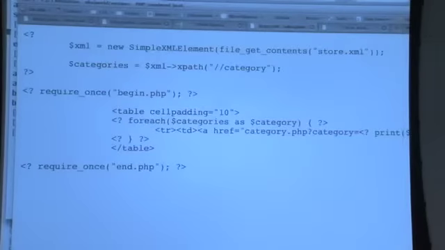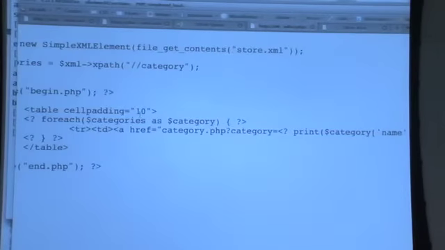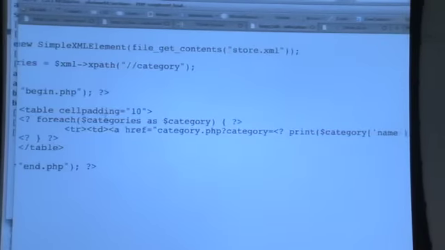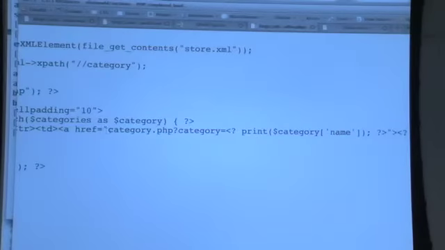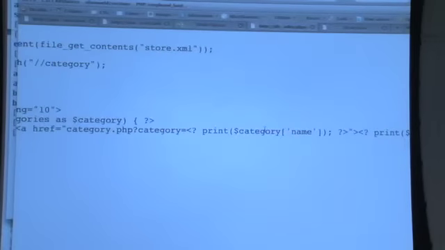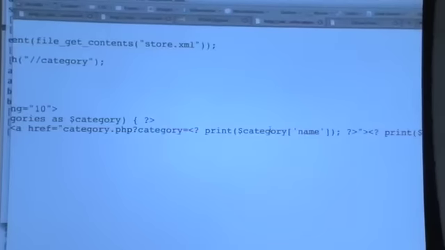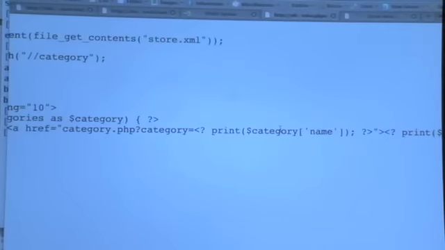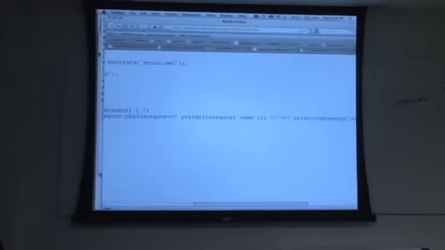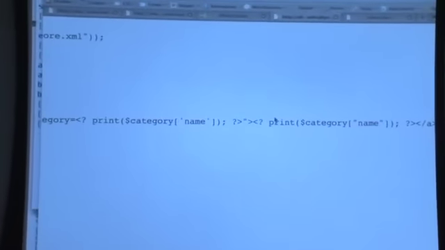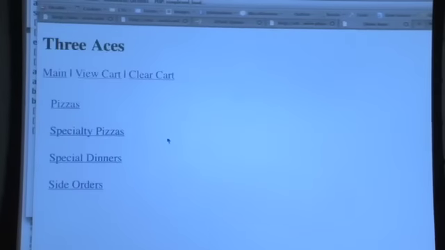So here first we're saying for each of these categories as category, right? This is exactly what I talked about here. So category.php?category= print category of name. Does it make sense? So for each of the categories, I'm just going to loop through it and link to it. When you take a look at where it's embedded, it's in an a href. Once I do this, I'm going to print the actual category name itself because I want to be like, oh, so pizzas, right? So if you take a look